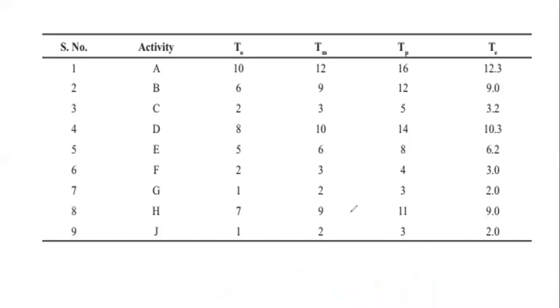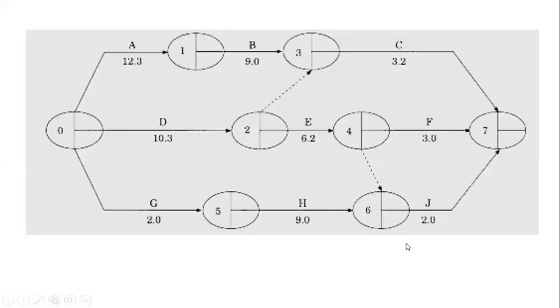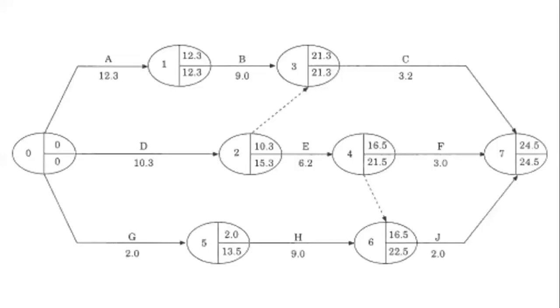Then calculate the variance. How to calculate the variance? Similar problem formula. By using this TE, you can calculate the critical path. Once you write down the activity and number of months in front of that, then calculate early start and late start, ES and LS. Early start should be calculated from backward to forward, and late start should be calculated by subtracting from the end point to the origin point or start point.